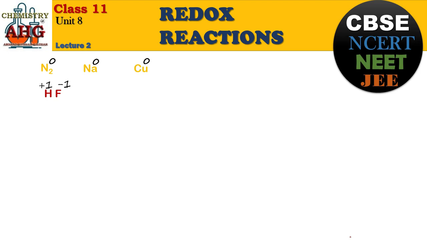Now let's move on, take some slightly more difficult example. This time it is sulfuric acid, H2SO4. Now try to understand how I am finding the oxidation state of each atom. Try to follow this mental method. No need to do any working. You can just keep on practicing mentally, so that you can brush up your skills in finding oxidation state without taking help of any notebook or pen.